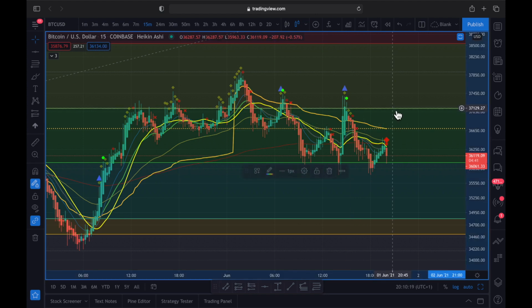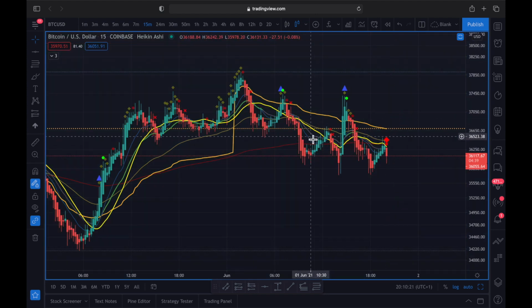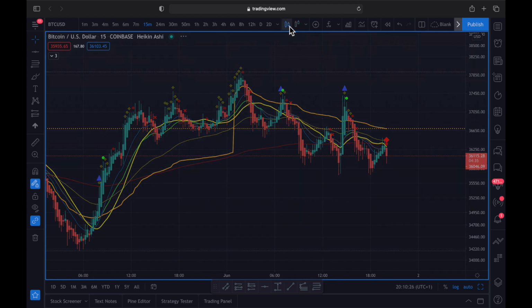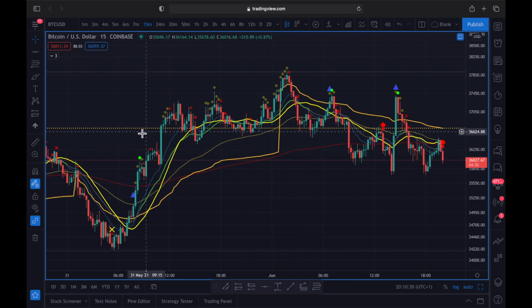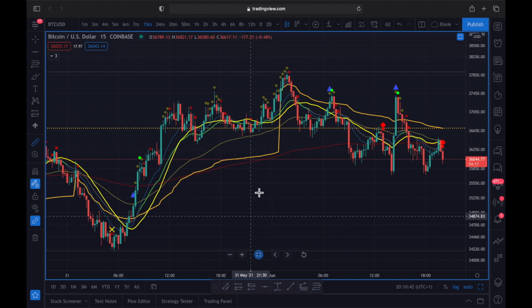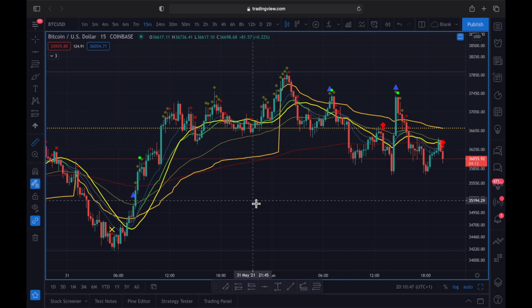Another thing. Let me go ahead and delete this fib. All right, another thing is measuring, right? If you're trying to measure a percentage of a move, there's a few different ways you can do this, but what I use oftentimes is this ruler, right? You just click on that, say we want to measure from the bottom, and if you're following me on screen, the crosshair, you can see that from the crosshair you have the dotted line that goes